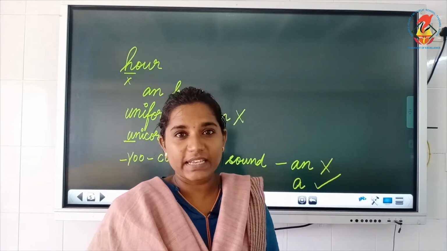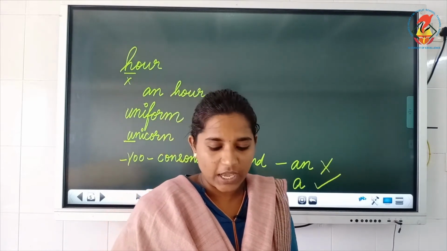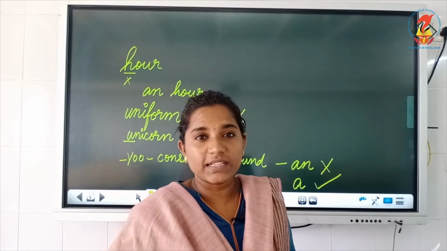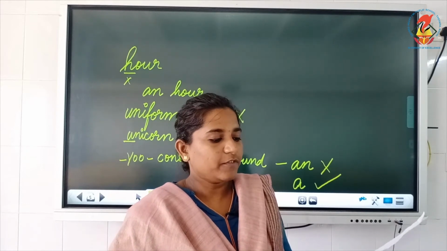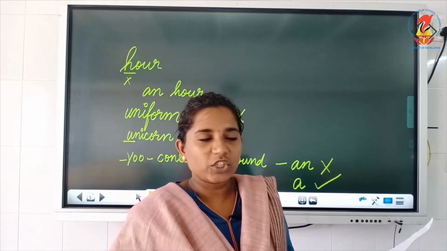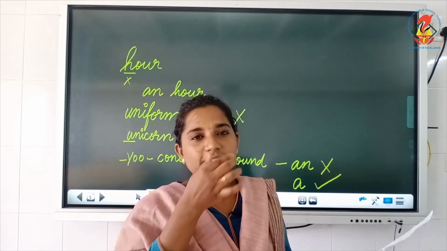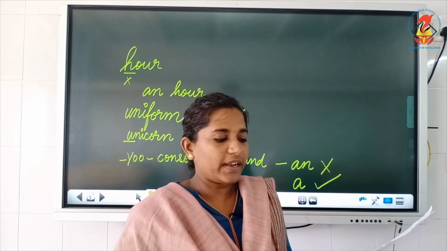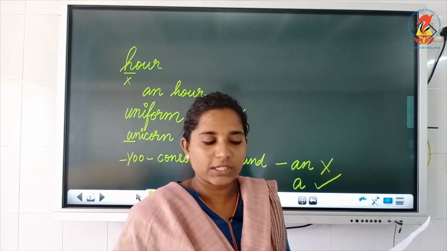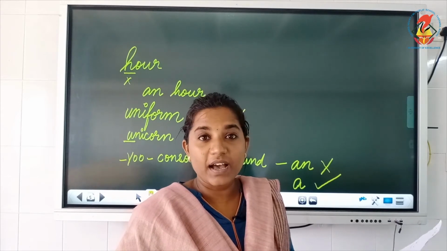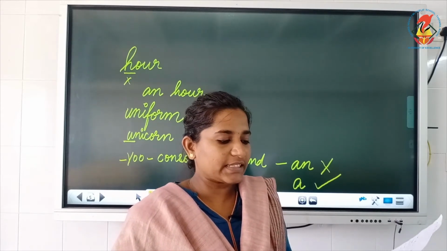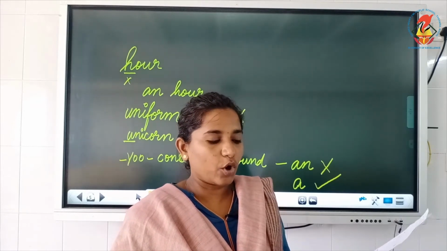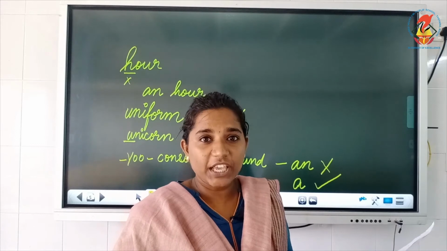Okay. So, now we will discuss the worksheet exercise given in the worksheet. The first exercise is fill in the blanks with articles a or an. First one, I live in dash apartment. Apartment. It is a sound. So, I live in an apartment. My friend lives in dash house. My friend lives in a house. An Eskimo lives in dash igloo.